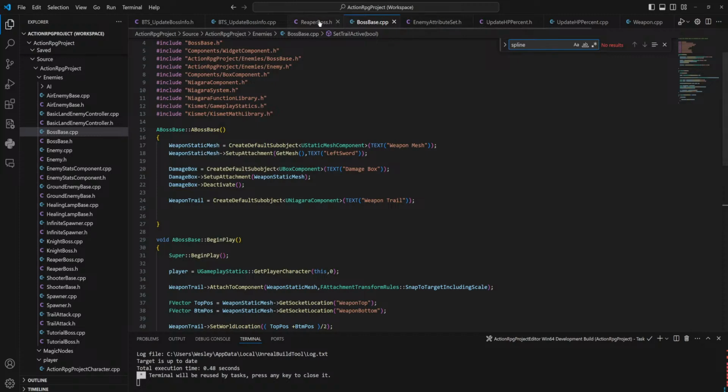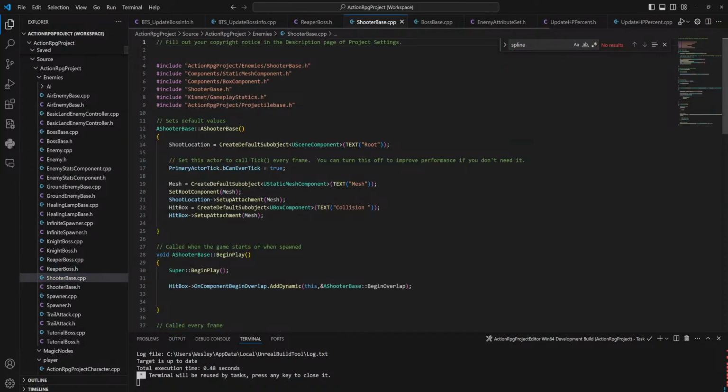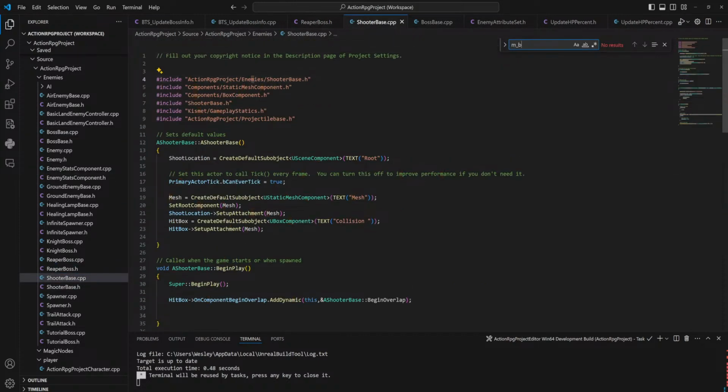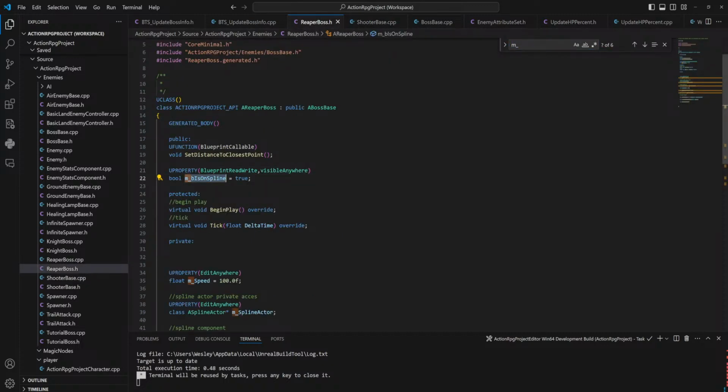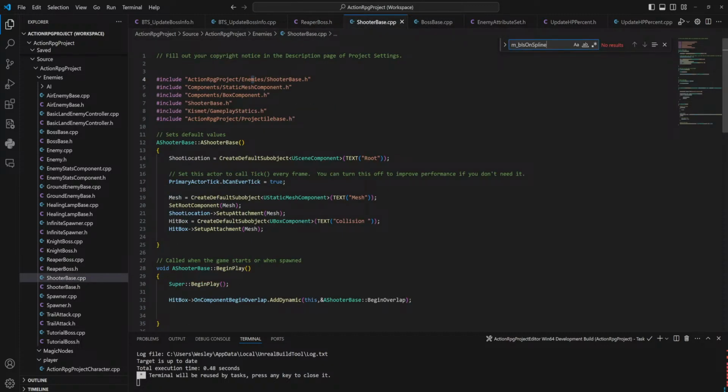Nothing in this. Oh, that's the boss base. So is there anything in this class that would potentially set this value to anything else?